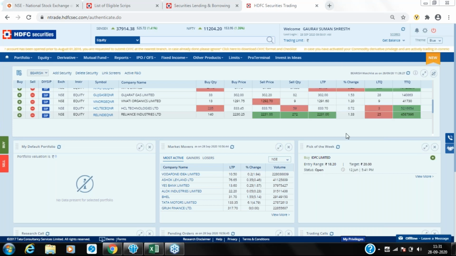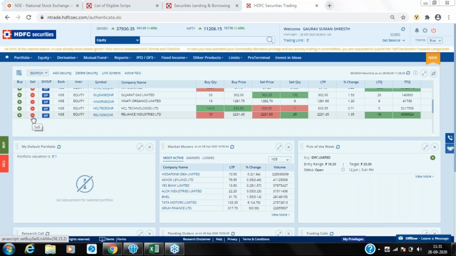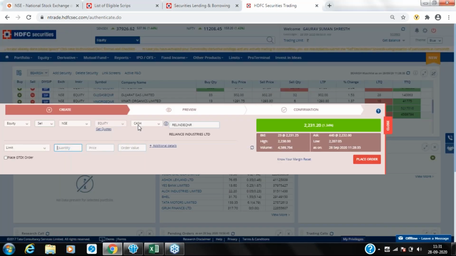Now we have got a lot of requests to again give an example for the bracket order. So I will give you an example of a bracket order again. This is the Reliance Industries stock that we have taken. Let us assume that for an intraday you want to buy it. The current price is 2232 level. I want to buy it for intraday. So how can I buy it? Either I can select a product as intraday, or I can select a product as cover.